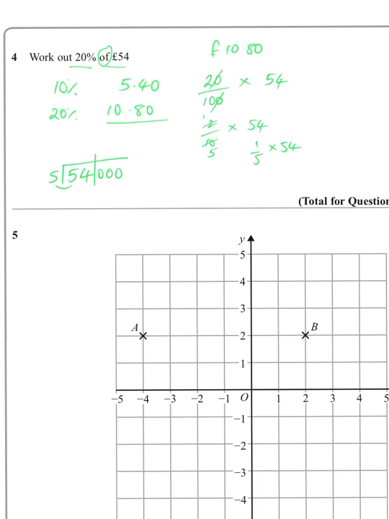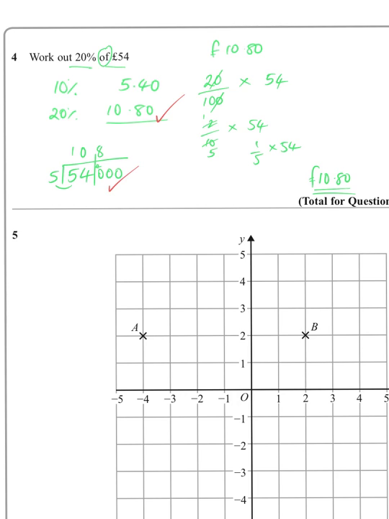So 5s into the 5 is 1, 5s into the 4 doesn't go as a whole number, so remainder of the 4, and 5s into the 40 is 8. So as we're talking pounds, it'll be £10.8, or better still, £10.80 again. So this method here is quicker. This is slightly slower. There's one other method as well, which is helpful when you're doing something on a calculator,